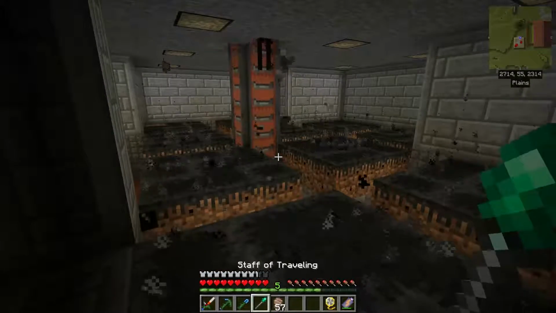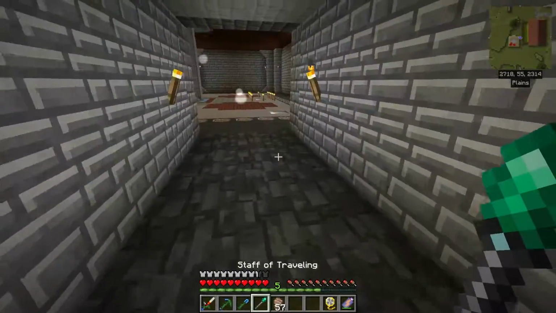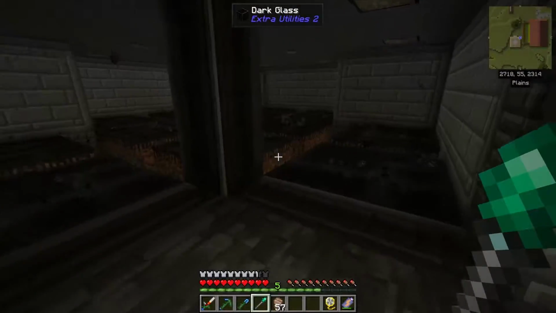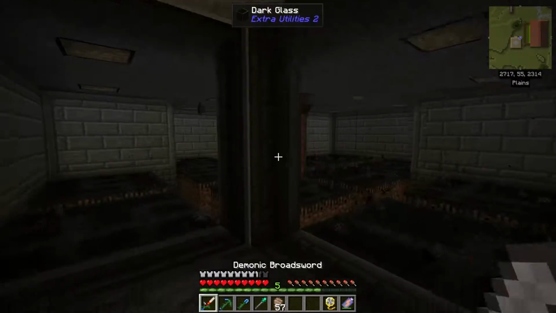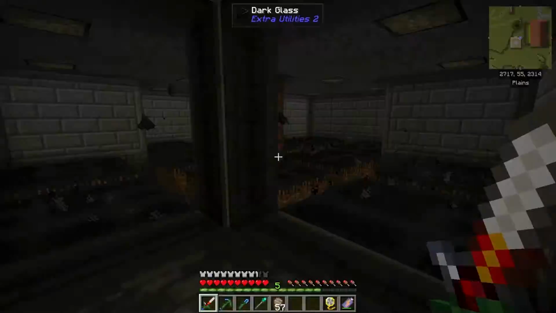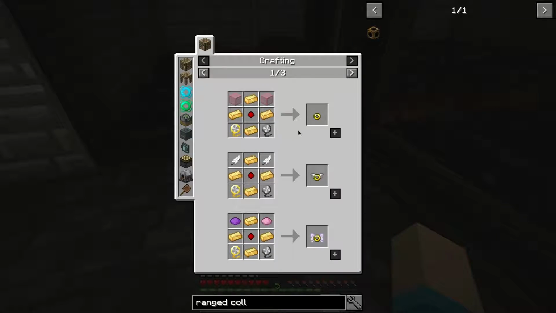The upside of this setup is that cursed earth mobs will spawn, but then after a certain amount of time, they will despawn. See, that zombie's gone. He was aggroed on me like crazy, but now he's almost immediately gone. So that's pretty nice. Now, I went ahead, even though I don't think I'm going to be making an angel ring,